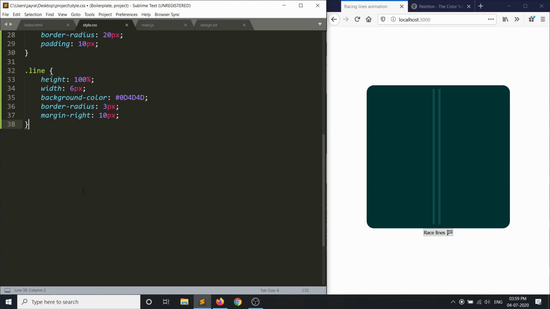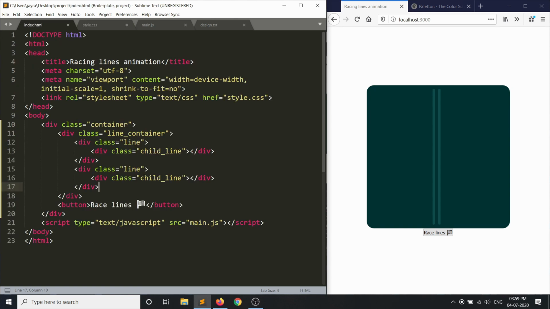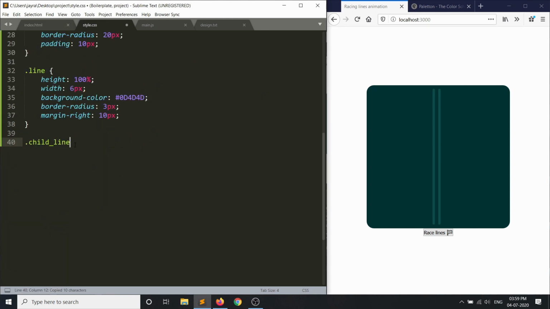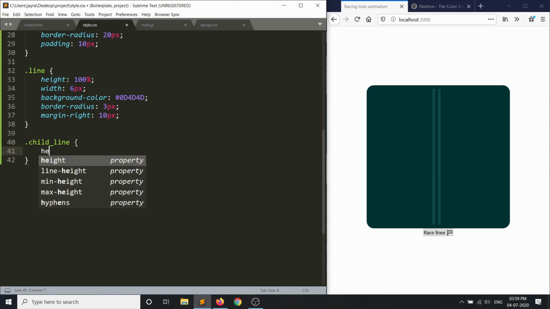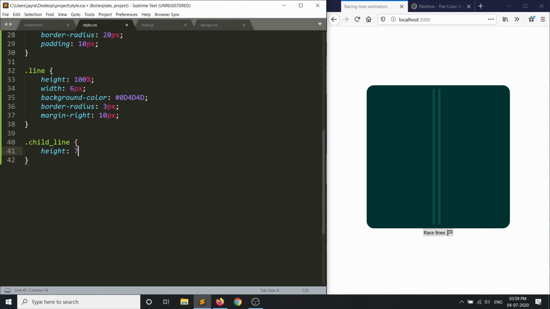Let's go ahead and style the child line. The class name is child line. Let's put it here. For the height, for the moment let's take it 70%. Let's give it width same as that of the parent, so just 100%, and let's give it an even lighter shade.